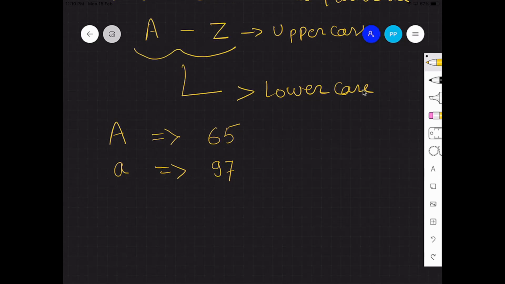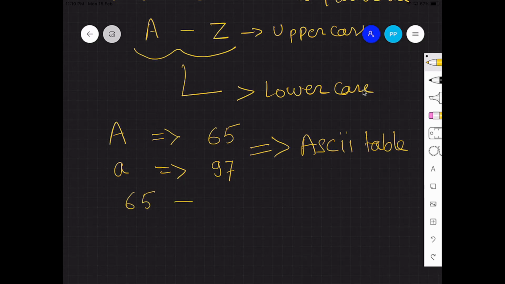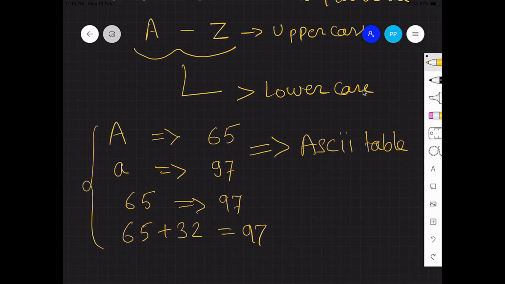You can refer to the ASCII table. Now how do we convert 65 into 97? You add 32. So 65 plus 32 is equal to 97. We just need to implement this logic and your code should work.